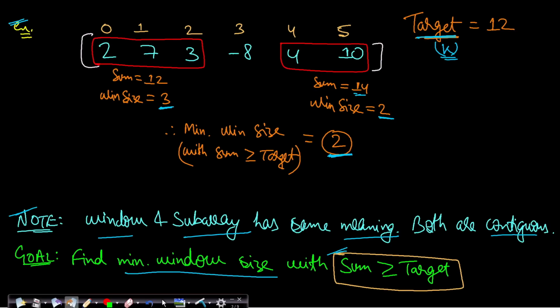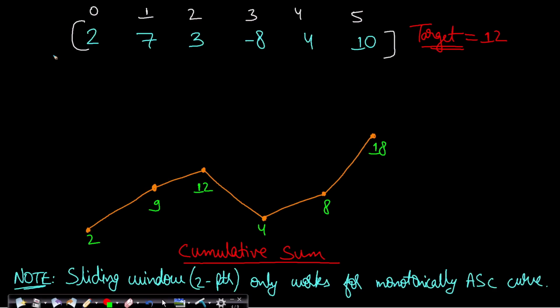So let's look at the sliding window technique, which I had explained in LeetCode number 209, which is a prerequisite of this video. In that video I explained that you can use the 2-pointer technique and a variable size sliding window in order to find the minimum window size which will have sum greater than equals to a value target. But I had mentioned that you cannot do it if the elements can be negative. You may or may not get the correct answer using that technique.